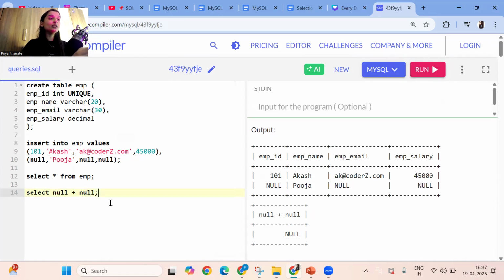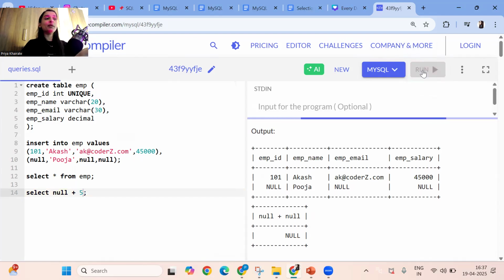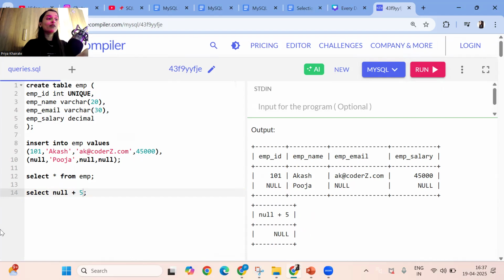If you write null plus 5, still the output will be null only. So whatever operation you want to do with null, plus, minus, division, addition, greater than, less than, whatever symbol you use, the result will always be null. So you cannot do any operation with null.